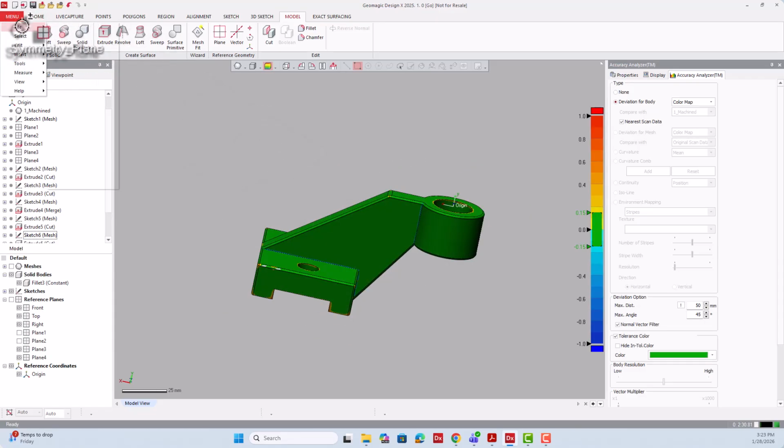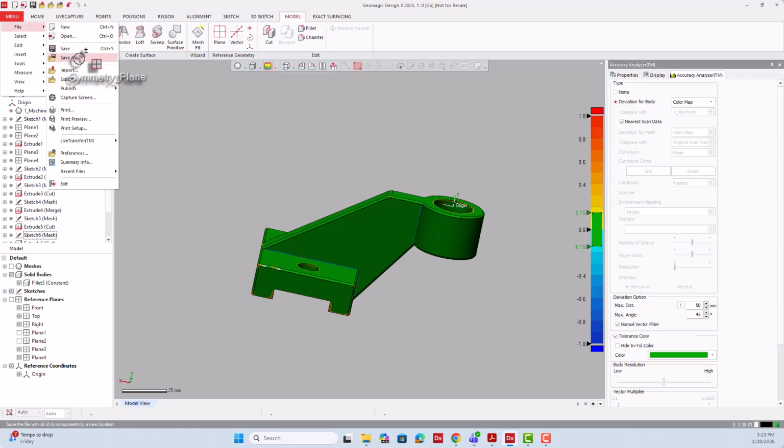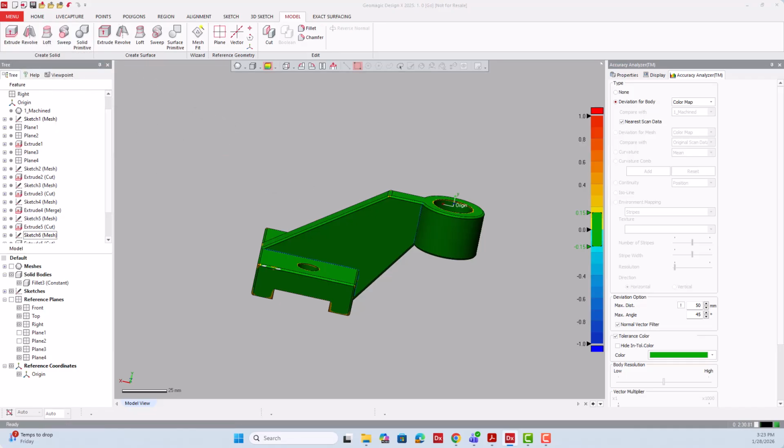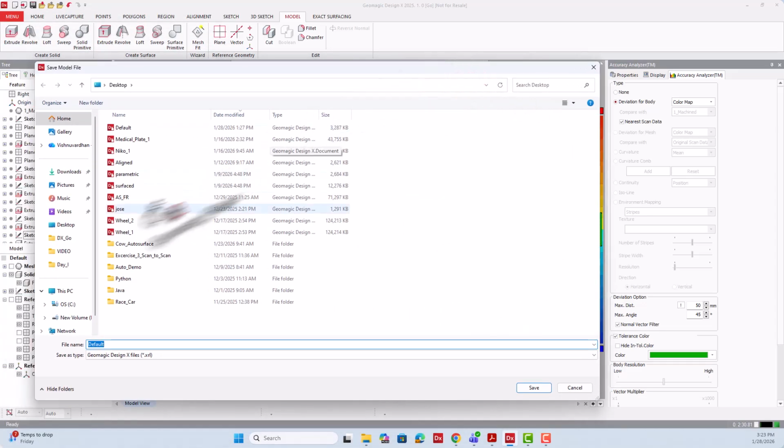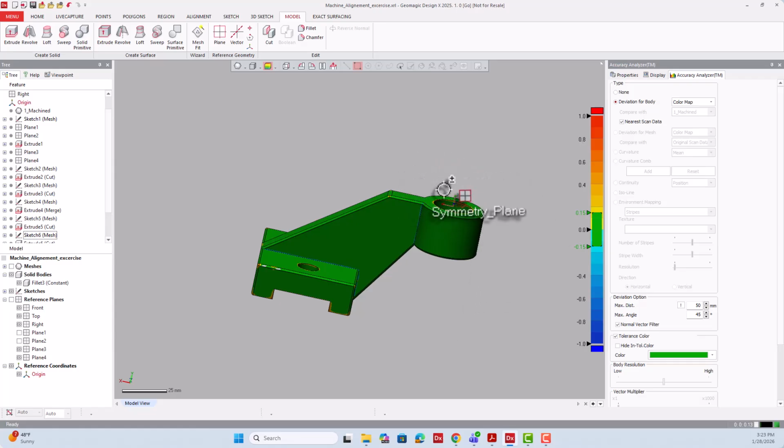So you can save this by going into File, and you can say Save As, and you can save this in whichever folder, and you can save this as machine underscore alignment exercise. And Geomagic files are saved as .xrl files. This is the format for the Geomagic DesignX file. Then you can open this file whenever